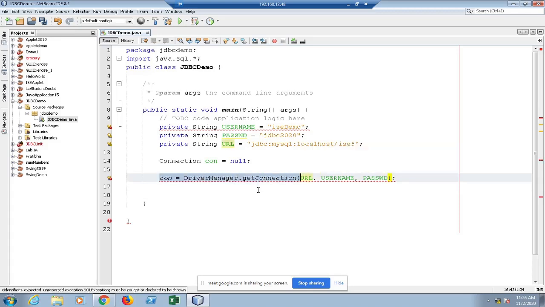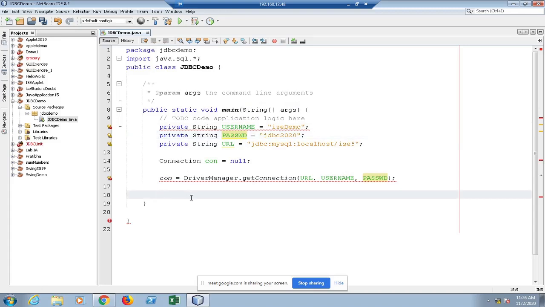Connection is ready. Now you want to make sure whether this connection is indeed assigned proper value or not. What if the final destination, what if the DBMS is down? What if username and password are incorrect? You need to check that. So in order to check that, you have to execute the program and resolve any compilation errors. But before that, let me resolve these errors.